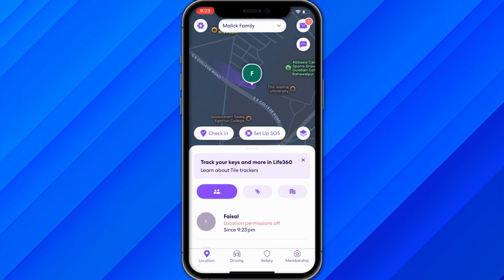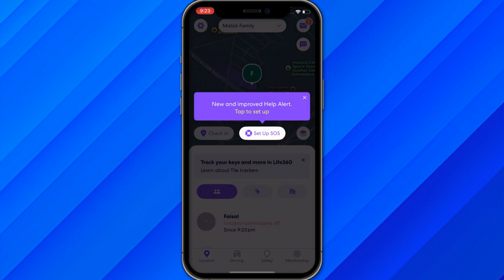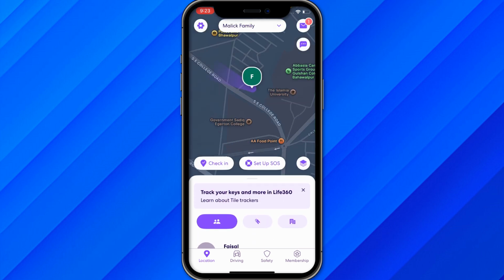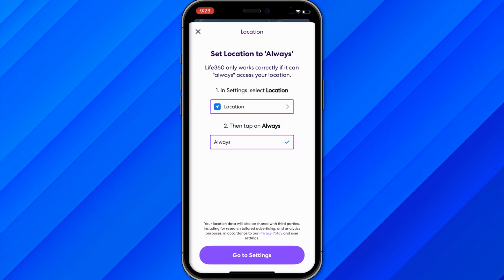If you want to turn off the location, some people try to turn off the location of their mobile phone. In this way you can just get away from all the location options in your maps as well. So if you want to turn off the location without anyone knowing from this application called Life 360,